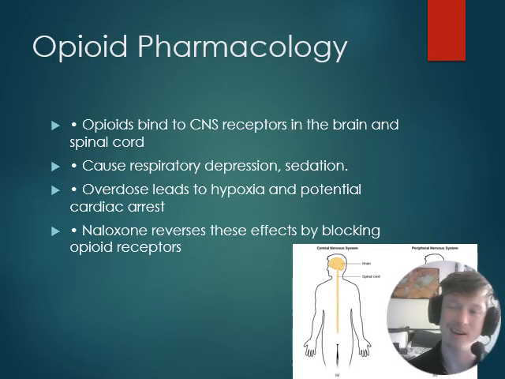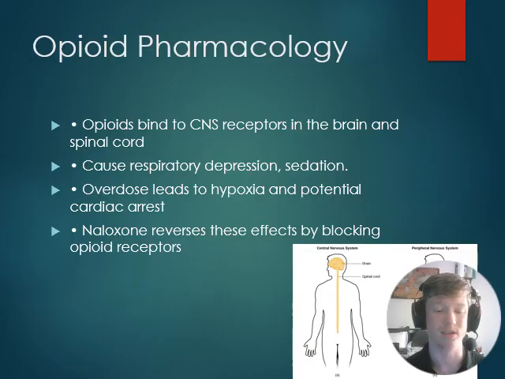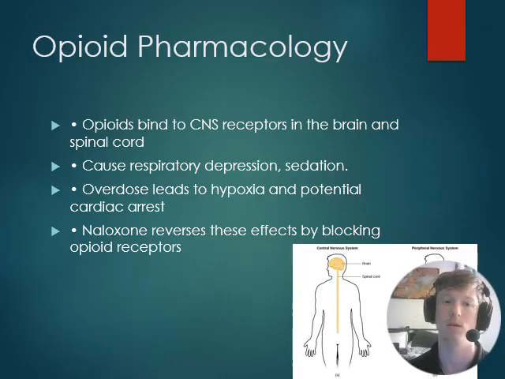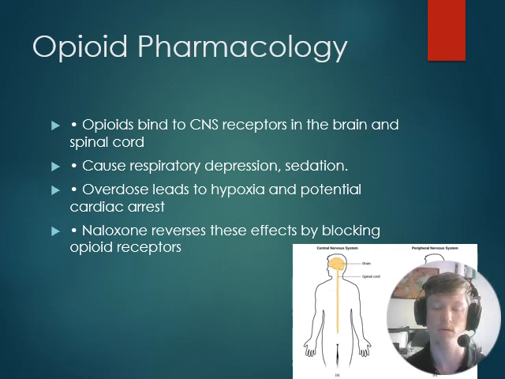So now, I know I kind of touched on it before on the last slide. Let's get into opioid pharmacology. So opioids bind to CNS receptor sites in the brain and the spinal cord. What we mean by that is the central nervous system is your main control center. The example I like to use is a rocket ship. You have a main control center that controls everything going on in the rocket. That's what your CNS is. So this is in charge of breathing, blood flow, heartbeat, electrophysiology within the heart. All of the major vital organs and vital processes needed to live are controlled by the CNS receptors.